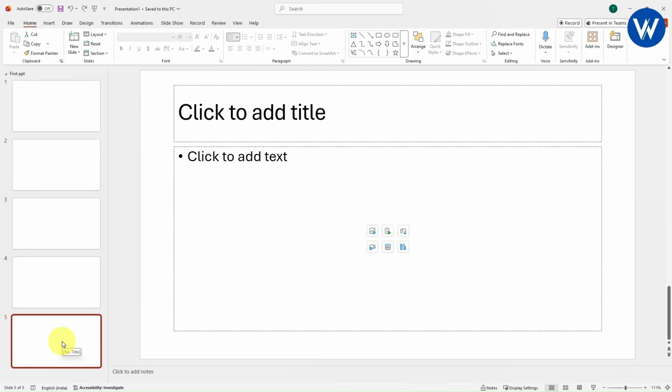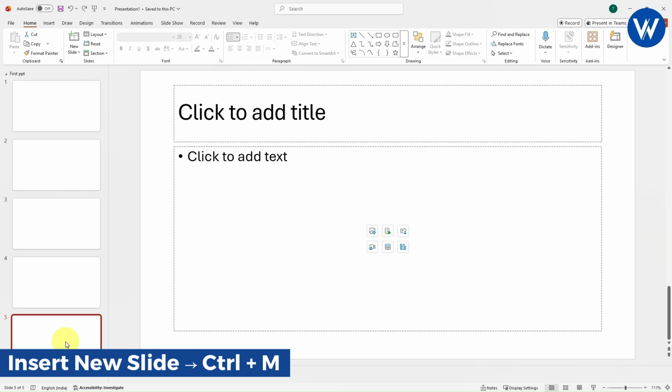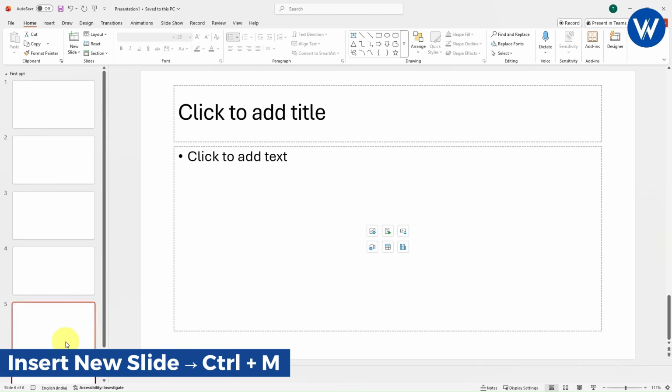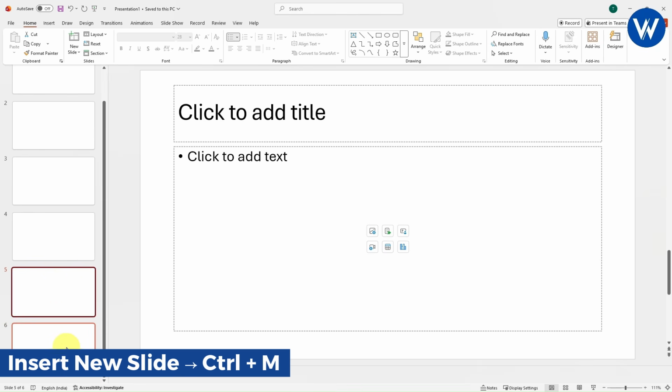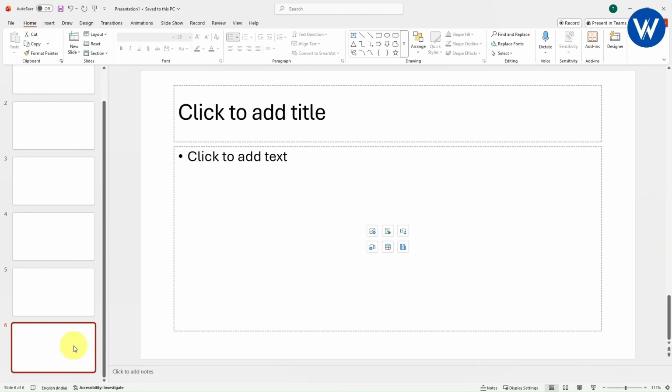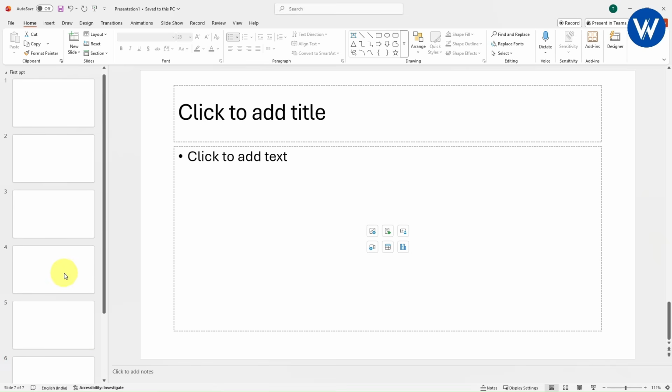Now let me tell you one more important point. If you want to create a duplicate of this slide, you can use one shortcut key, Ctrl M. Once you press Ctrl M, the new slide will be inserted, which is the duplicate of the previous slide. In the same way, I will add one more slide. Yes. Now look here guys,